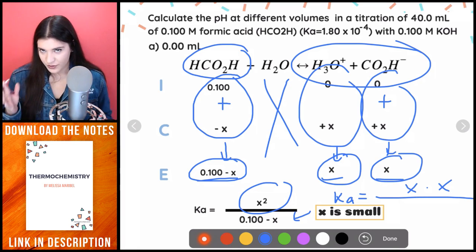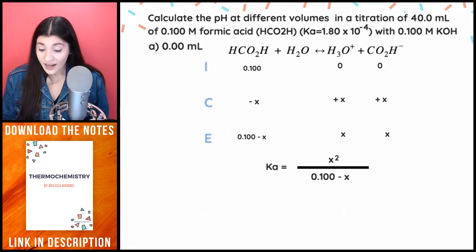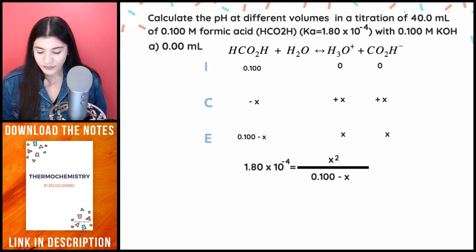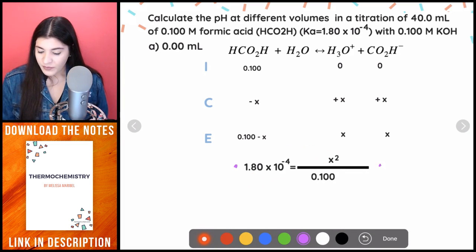But for now, I'm just going to assume that x is small. And when I do that, that removes this x value. So that completely bypasses that. Goodness, I know there's a lot of steps. What I'm going to do now is solve for x, because that gives me the concentration of my acid. So I'll plug in the Ka value that was provided. And then I stated that x is small, so this is going to go away. And then from here, I'm going to multiply both sides by that 0.1, just so I can cancel it out. So this is gone, this is gone.